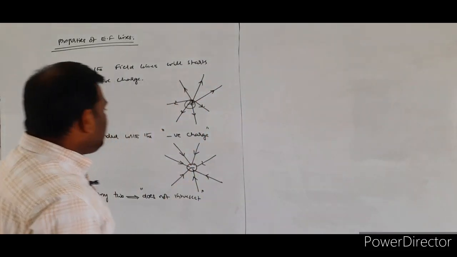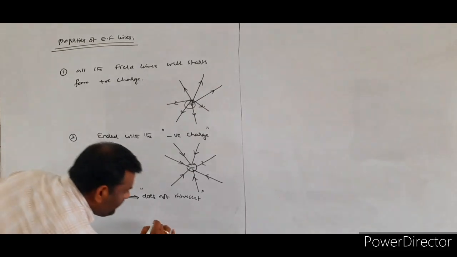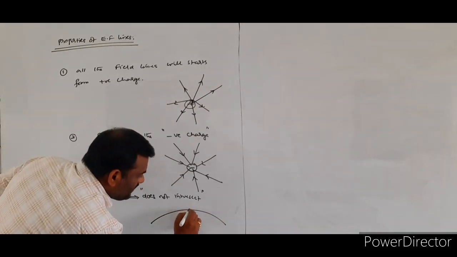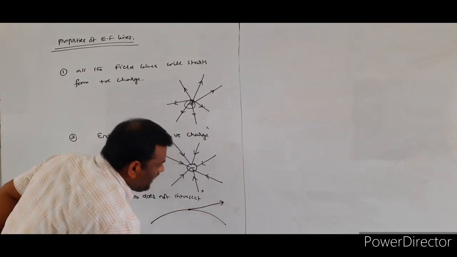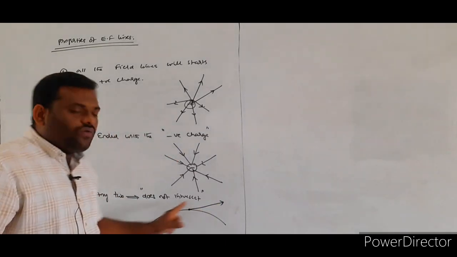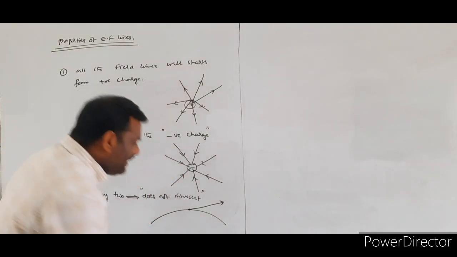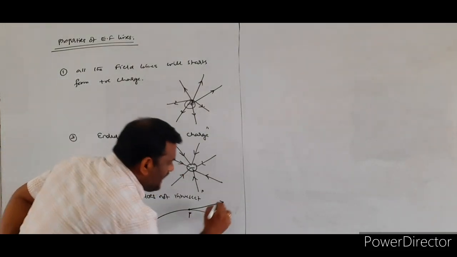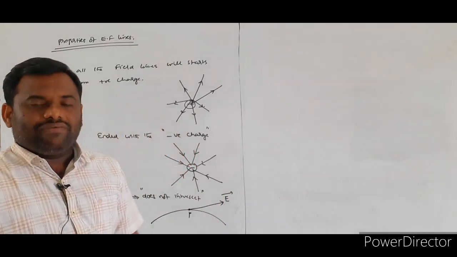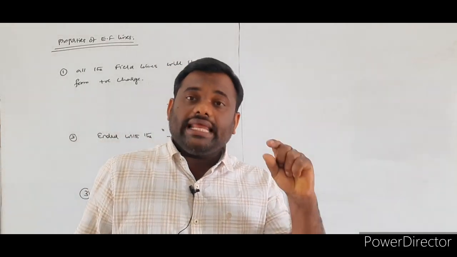Suppose you consider any one of the electric field lines. At a given point on the field line, if you draw a tangent, that tangent will give the direction of the electric field